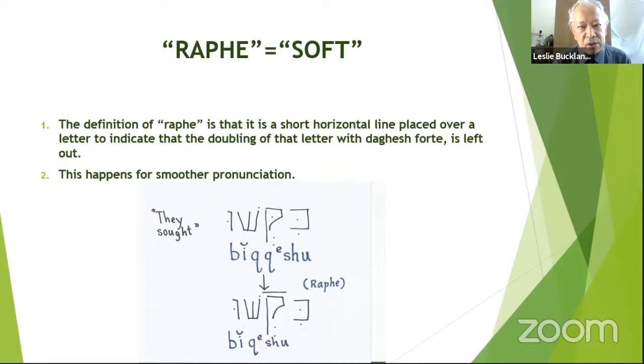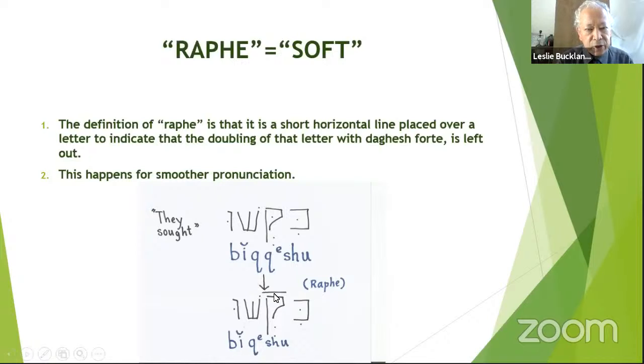Raphe equals soft. The definition of raphe is that it is a short horizontal line placed over a letter to indicate that the doubling of that letter with dagesh forte is left out. Let me repeat the definition. The definition of raphe, apart from the fact that it means soft, is that it is a short horizontal line. See the horizontal line here,